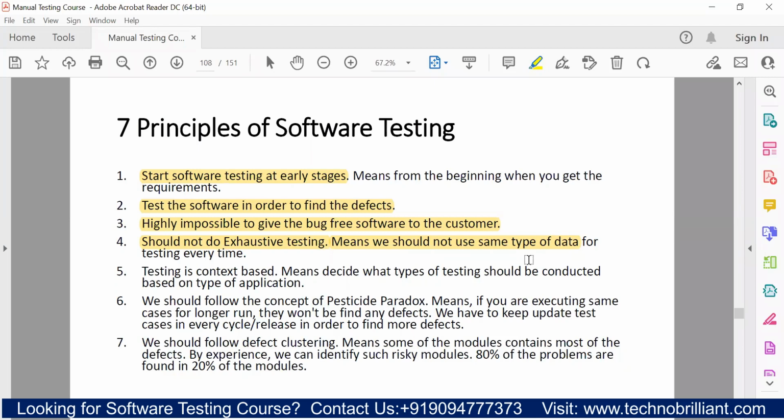कोई लॉगिन फंक्शनलिटी हम चेक कर रहे हैं, उसके लिए यूजर नेम है और पासवर्ड है, वही हम रिपीटिवली यूज कर रहे हैं, हम कुछ अलग कॉम्बिनेशन नहीं ट्राई कर रहे हैं, राइट। सो इन दैट सिचुएशन वी माइट मिस द डिफेक्ट, ओके। इसीलिए हमें पर्टिकुलर टेस्ट डेटा को भी अपडेट करते रहना है, दैट वन इज द अनदर प्रिंसिपल।